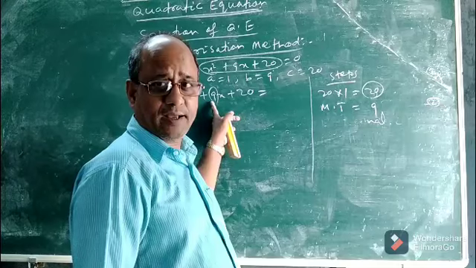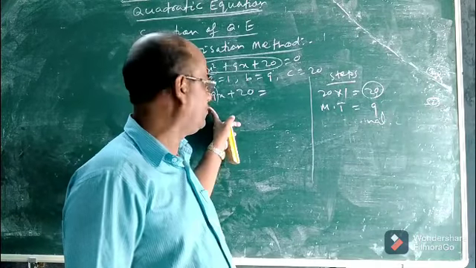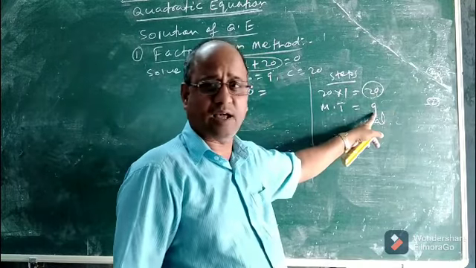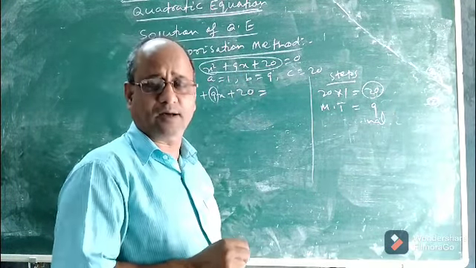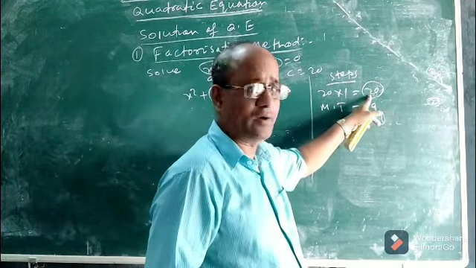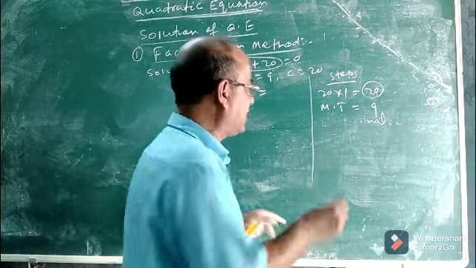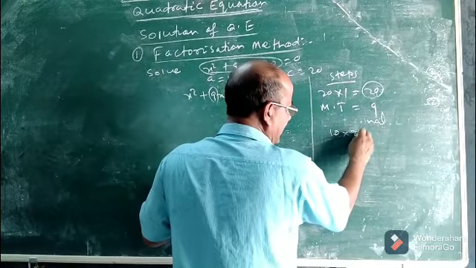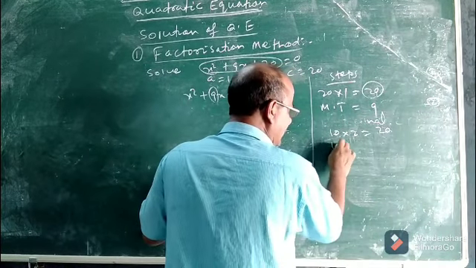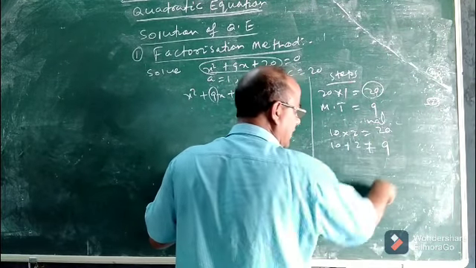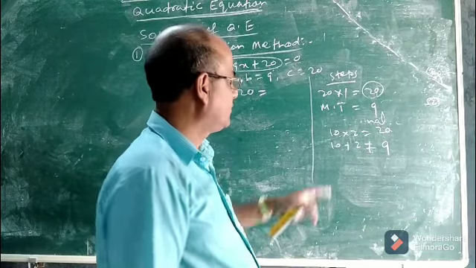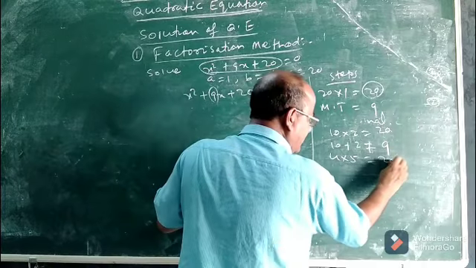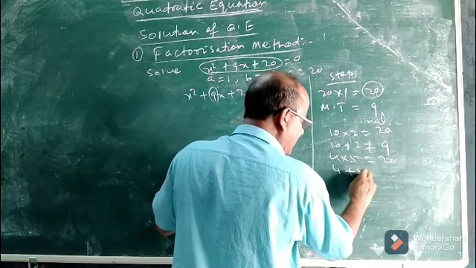So to split or break the middle term, that is 9, what do we have to do? First we multiply 20 and 1, it is 20, and the middle term is 9. Now we have to think of two numbers whose product is equal to 20 and whose sum is equal to 9. You see, two numbers, suppose 10 into 2. 10 into 2 is 20, but 10 plus 2 is not equal to 9. Okay. 4 into 5, you see, 4 into 5 is 20 and 4 plus 5 equal to 9.